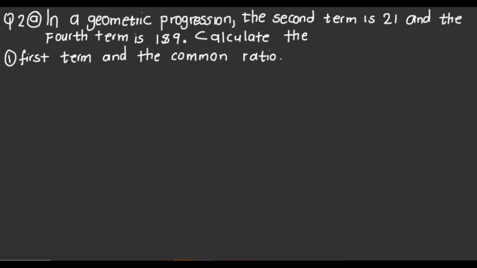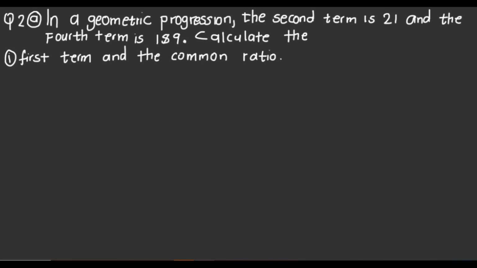So let's look at this question 2a. In a geometric progression, we have a GP, the second term is given, which is 21, and the fourth term is 189. Calculate the first term and the common ratio. We want to find the term on the first position and the number by which the terms were multiplied to